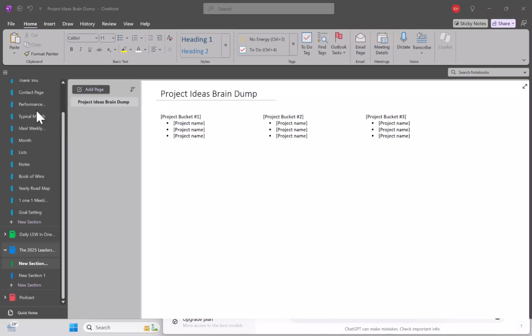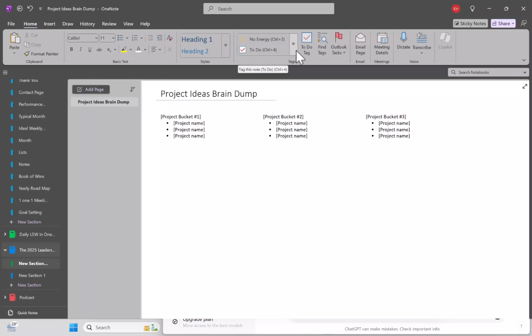So I have my Leader Standard workbook. You can also see Peep. I'm working on a 2025 workbook. I wasn't going to make one, but I'm definitely working on it. So I wanted to use a page that I've started using to show you how to do your brain dump easily. So what I mentioned in the episode of the podcast, which I'll link in the description of this video,